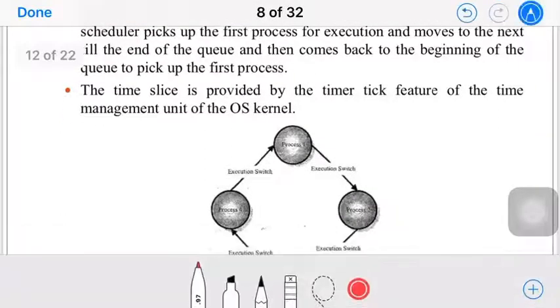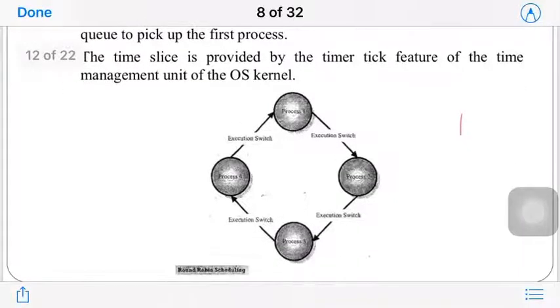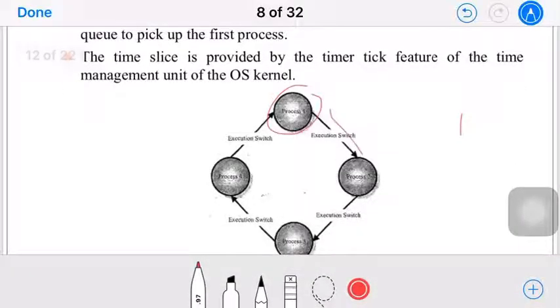In this diagram you can easily see process 1, then it will go to process 2, then process 3, then process 4, and again coming back to process 1. That is what we call round robin. Each process will get an equal, predefined time. That will be predefined, whether 2 milliseconds, 3 milliseconds, 4 milliseconds. Everyone will get that equal time. Once 4 milliseconds are done for P1, it will go to P2. Once P2 takes 4 milliseconds, it will go to P3. Either the predefined time has to be over, or the process time it requires has to be over. After that it will go to the next one.